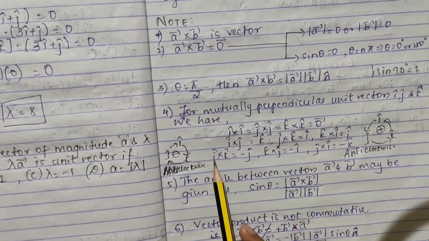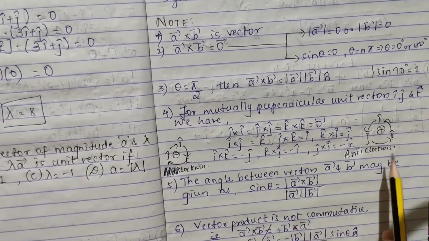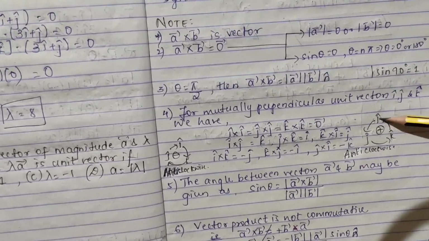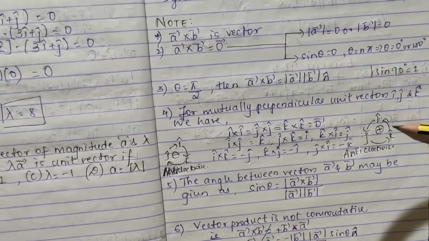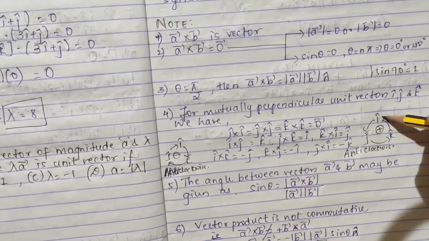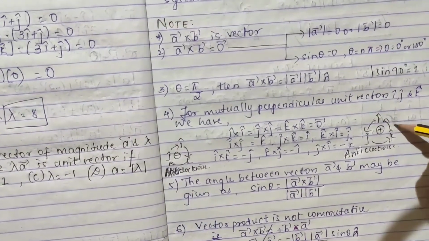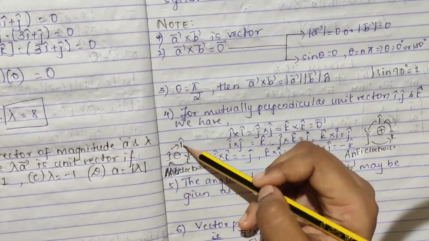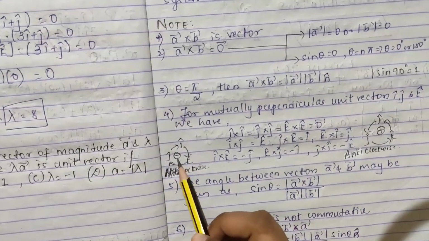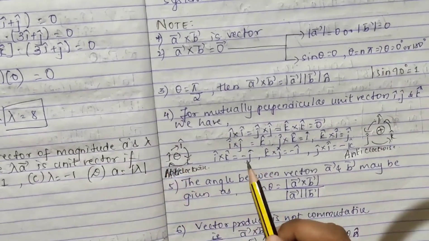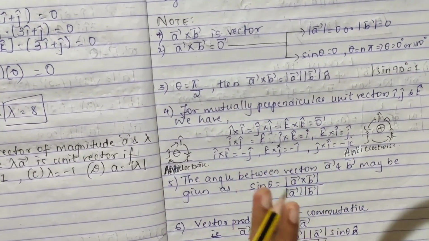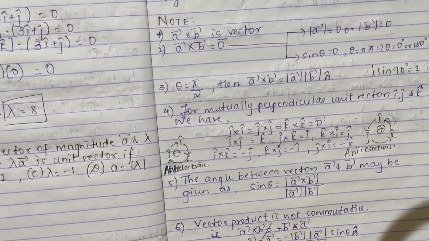Now see here, you are getting I cap cross j cap. If you want to understand it in one diagram, this is I cap cross j cap, so this is going in this way, right? See, I cap cross k cap is coming in the opposite direction. So I cap cross k cap you are getting j, but it will be negative. You should write minus j cap. Understood? You have a few points; just go through it. I'll send the notes.